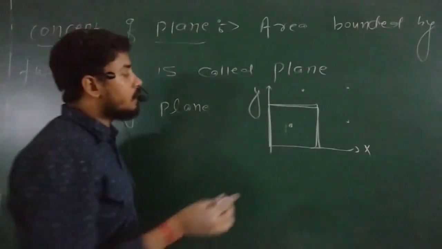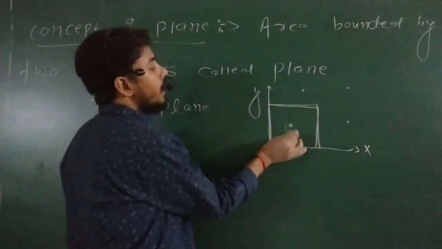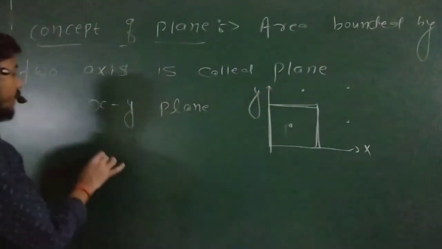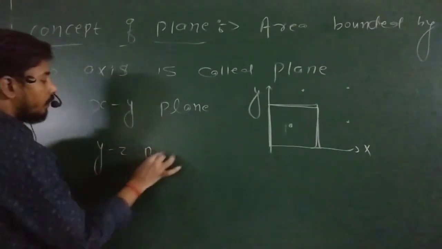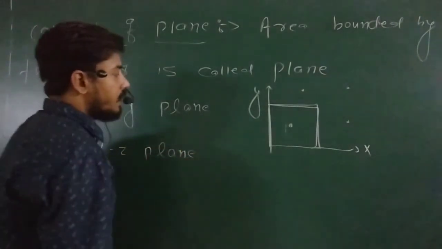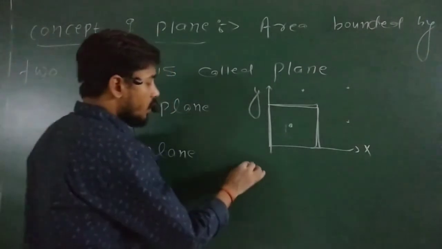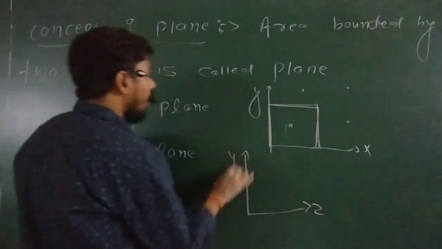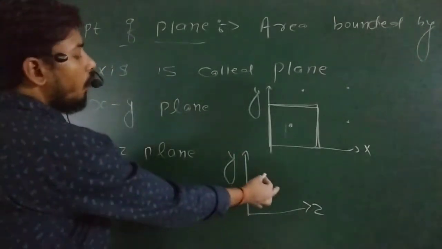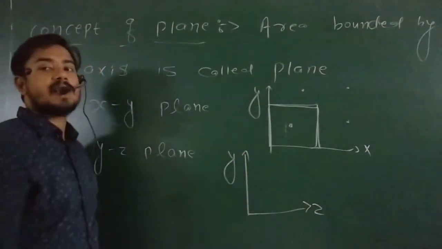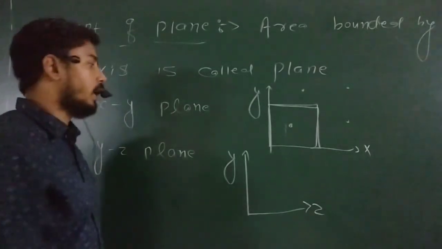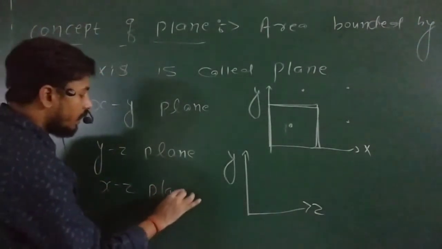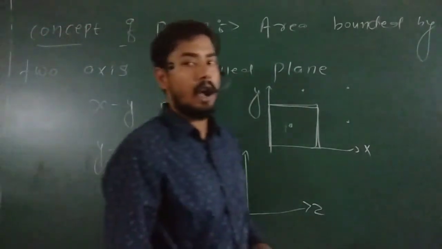Now, what is perpendicular? The z-axis is perpendicular to this one. Similarly, see the YZ plane. If I am talking about the YZ plane, it means Y and Z will be its boundary. Now, which will be perpendicular? The X coordinate will be perpendicular. Similarly, you can say the XZ plane. Done, buddy? So all these things will help us. Okay.